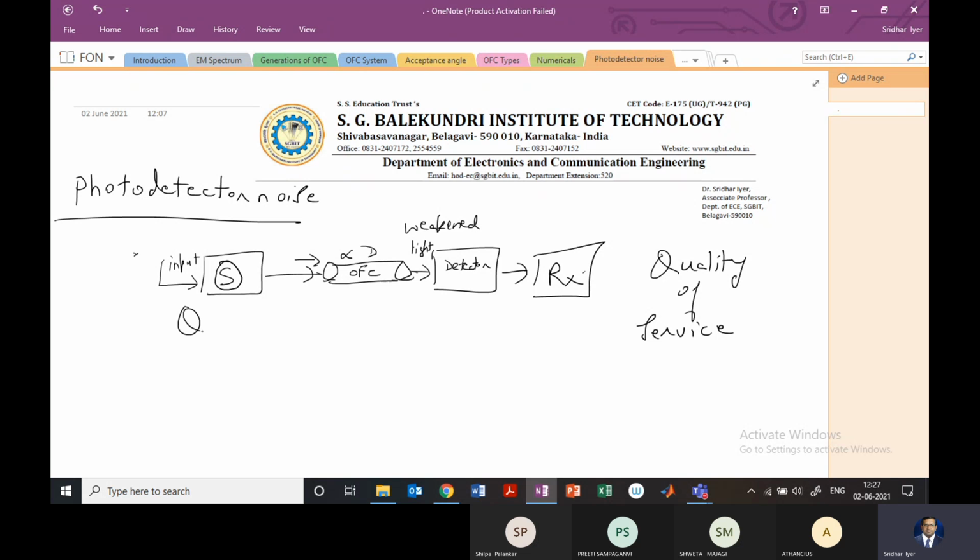But in terms of communication, QoS basically is getting the desired signal to noise ratio or the desired bit error rate. I want this bit error rate to be as small as possible. That means there should not be any errors in the bits at all. If I'm sending ones, they should be detected as ones. If I keep sending zeros, then it should be just zero. The signal to noise ratio is the ratio of signal power to noise power. I want this to be as high as possible. That means the noise power should be very low, or ideally not there at all, giving an infinite signal to noise ratio, and the signal power should be very, very high.